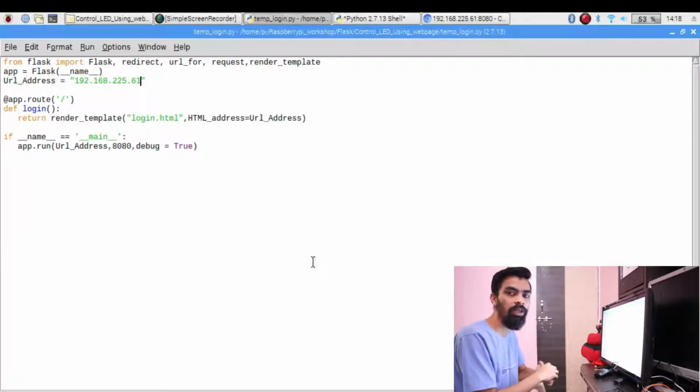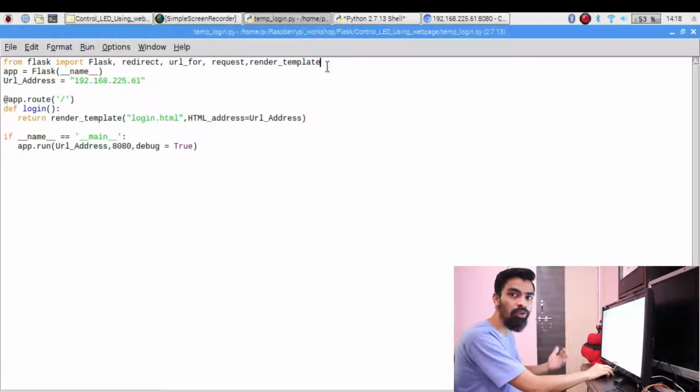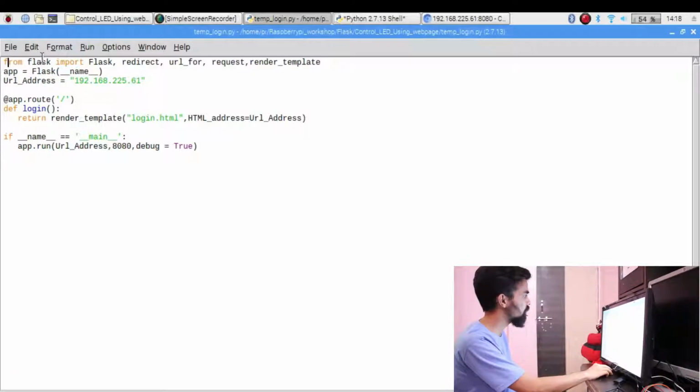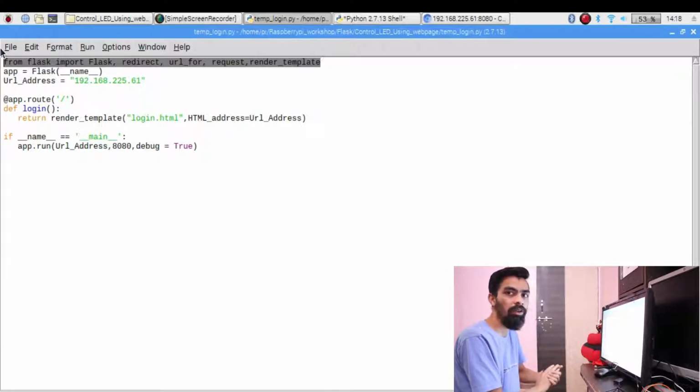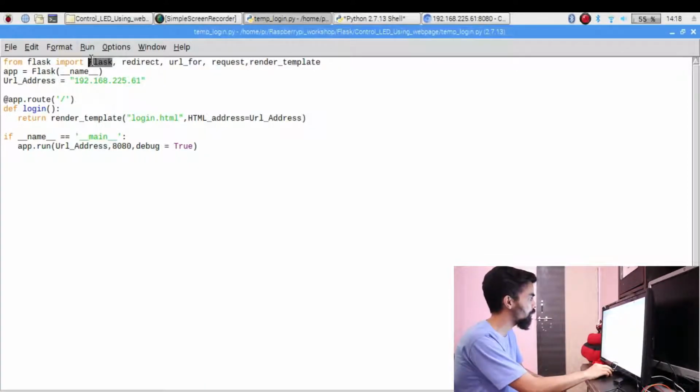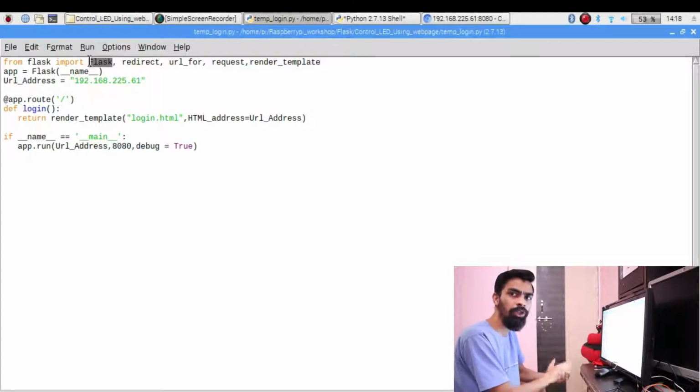So let's see how to create a simple Python Flask program so that you can access the login.html page that we already created. Let's see the importance of each and every line. The first line is from flask import Flask, redirect, url_for, request and render_template. Basically all these packages are required to open your HTML page. First you need to install the Flask package in your Raspberry Pi.